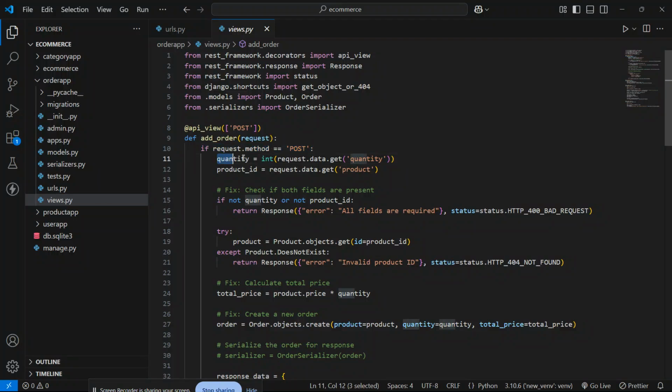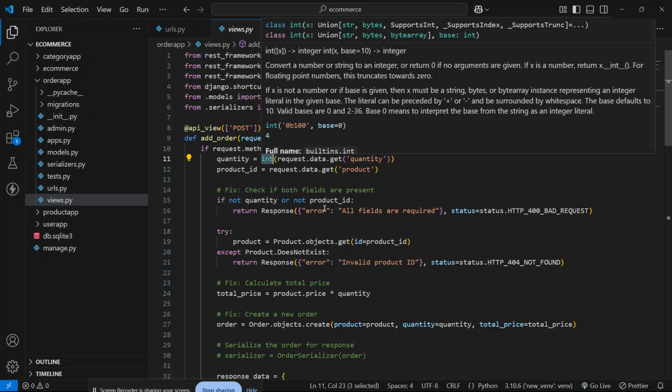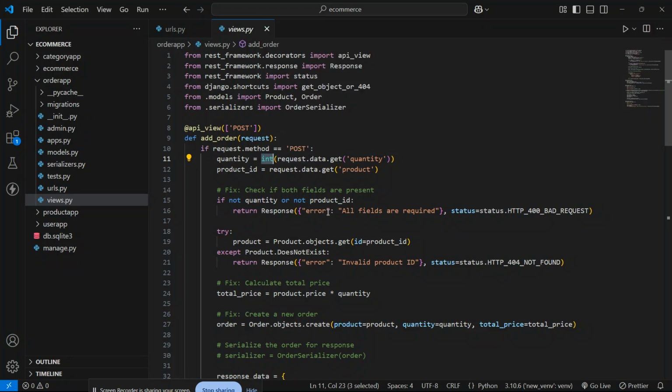After that, it will take the quantity, and I am typecasting the quantity because every item which the user gives to the server is by default of type string in Python. So we have to typecast it.